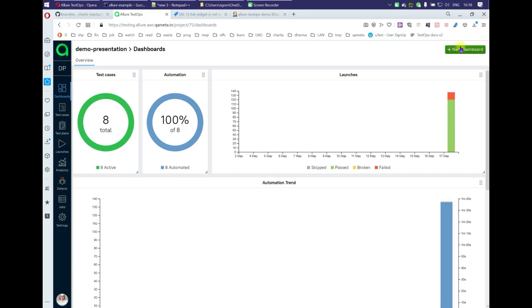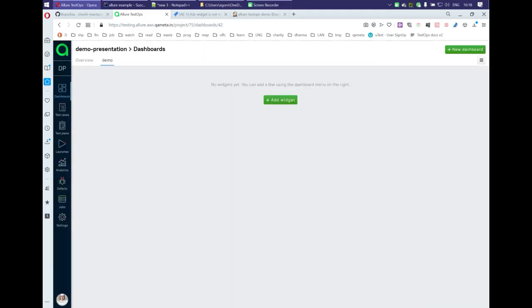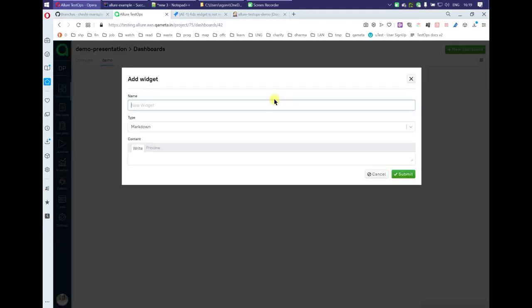To create some custom dashboards to understand in more detail what you need to understand, we need to create a dashboard, create a name for it, and then after that you just need to create additional widgets. So for example, we need to understand the number of tests that one of the developers created. So we just create a pie chart widget,